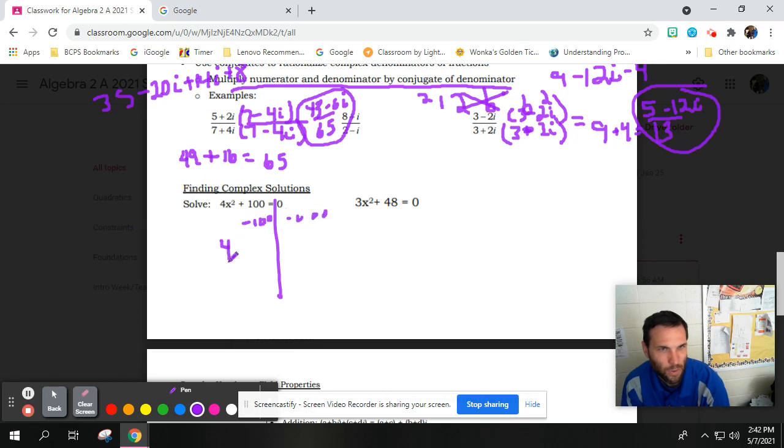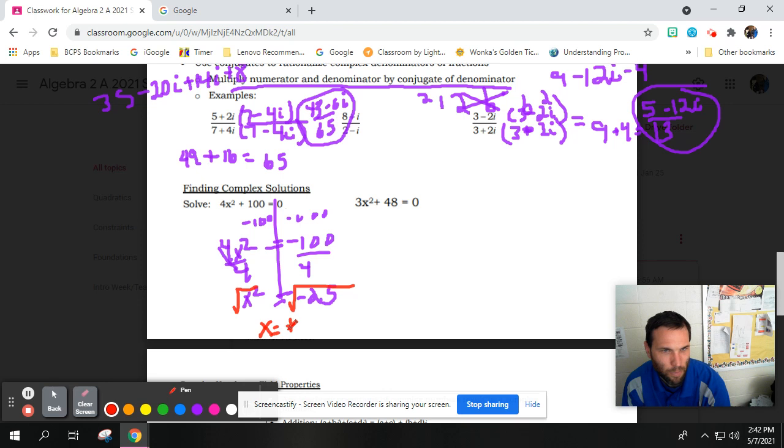And that's going to give me 4x squared is equal to negative 100. And divide both sides by 4. And that'll give me x squared is equal to negative 25. And then we're going to take the square root of both sides to cancel out the square. And x is going to equal plus and minus